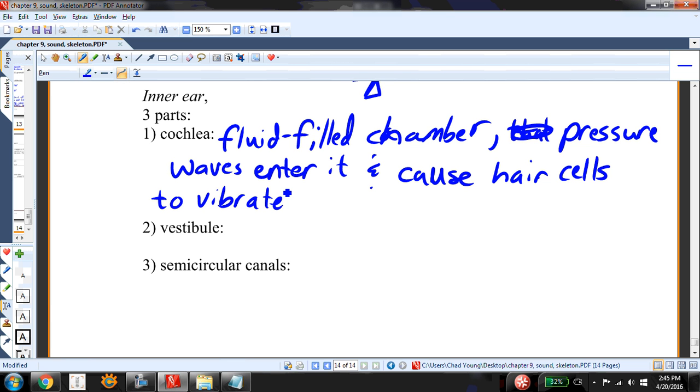Okay, so the cochlea just simply takes these pressure waves and sends it to the brain as an electrical